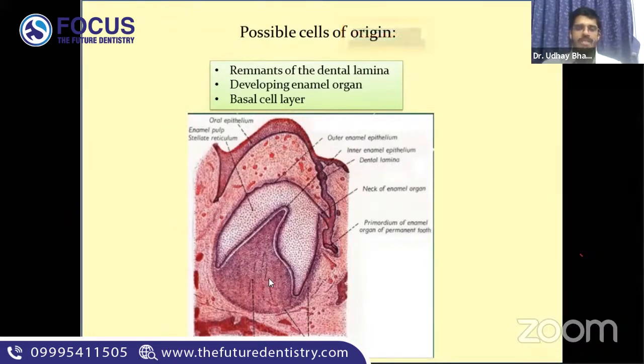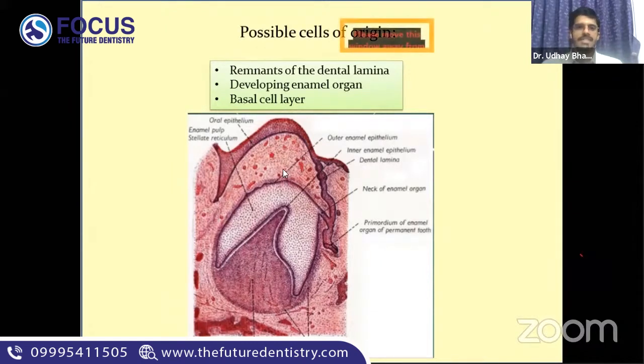Now, this enamel organ undergoes varying degrees of changes called histodifferentiation, giving rise to distinct cell populations, each of which is capable of producing a distinct dental tissue. So these are the 3 players that you're going to see here. Either of these have been implicated with the pathogenesis of an ameloblastoma. So the basal cell layer remnants can give rise to it. The developing enamel organ can give rise to it, this part. This is the most accepted pathogenesis for the ameloblastoma, or it can also arise from remnants of the dental lamina,